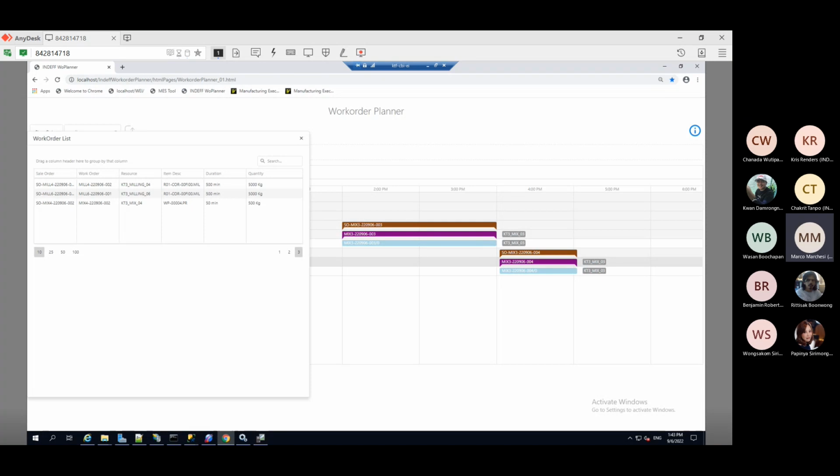Sorry, can you repeat the question, please? I'm just wondering, because the work order planners obviously use the estimations of how quickly we produce that particular product. I'm just curious: if we change a formula, as in change the structure of the formula inside the recipe, and that causes a pellet mill to run a little slower,